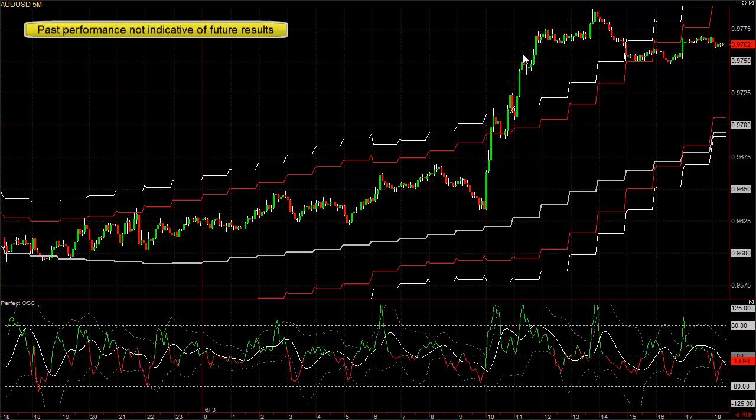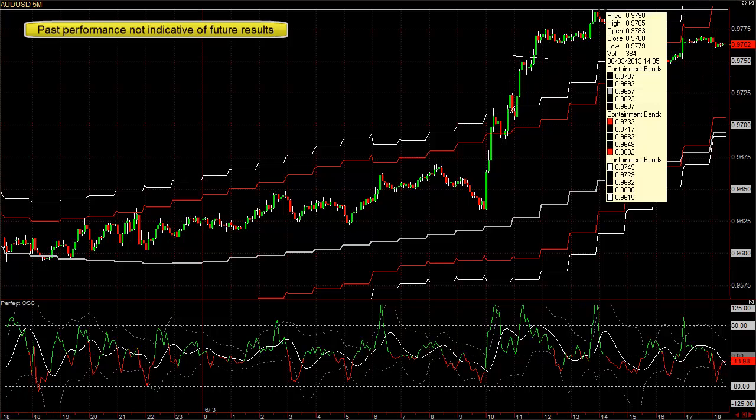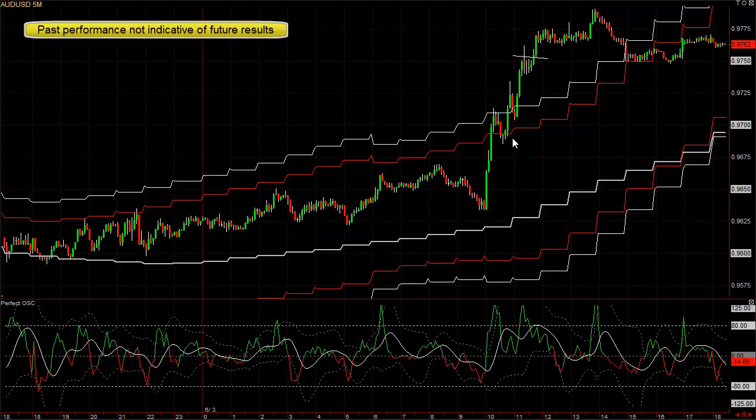Okay, so this one's up above the upper containment band. So myself personally, once it gets 10 to 15 pips above here, I almost never buy. But you can see it did go from 97.50 or so up to 90. It went up 40 more pips. Let's take a look at the Euro Australian,